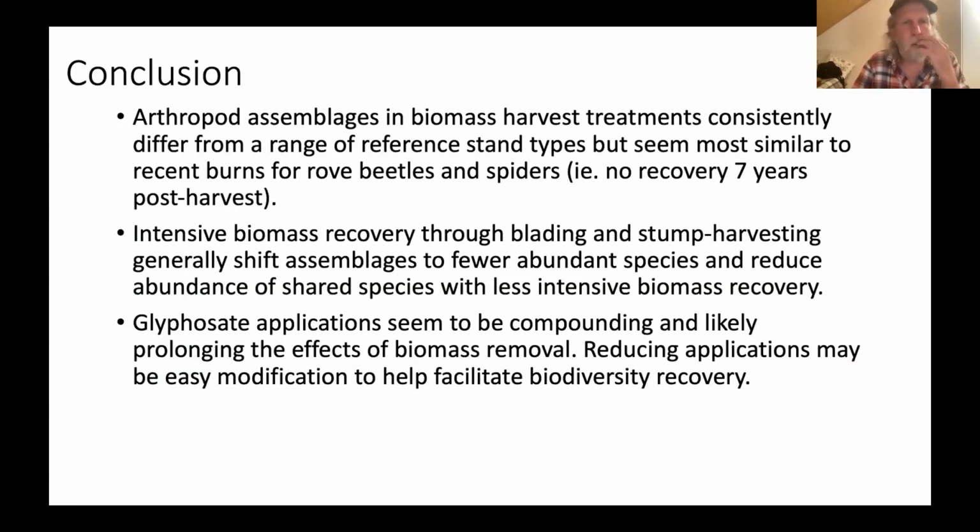So just a couple of take-home messages. First of all, we're not really seeing any recovery yet, and that's not too shocking. It's only 7 years out. If you remember back to Lauren's presentation earlier in the session, she didn't see recovery in ground beetles in the biomass plots in Quebec for about 15 years. So it's probably pretty early to expect recovery. But